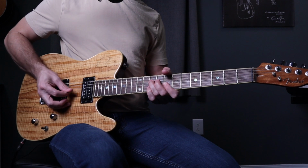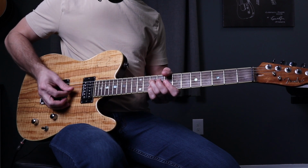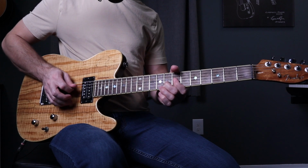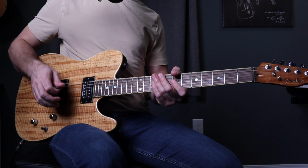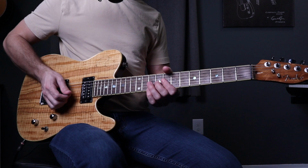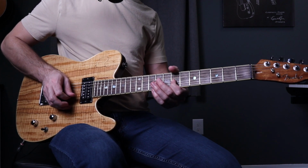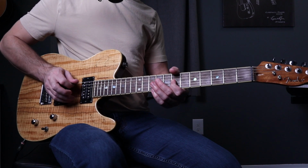Back to our mutes. Then again, we'll go down to the 7th fret. And we'll kind of just build here. You could just build 8th notes if you want. So we're going 3, 4, 1, 2, and 3, and 4, and...